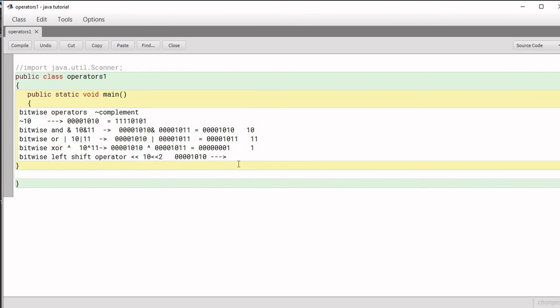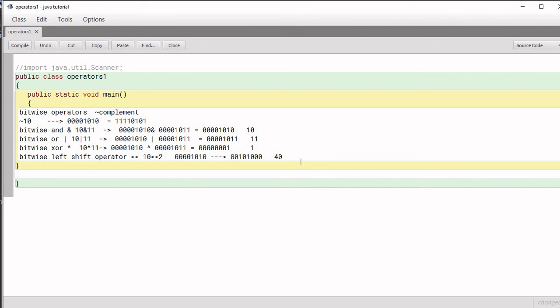So it becomes 0 0 1 0 1 0 0 0. Basically, 1, 2, 4, 8, 16 and 32. So 32 plus 8 is 40. So the answer will be 40.